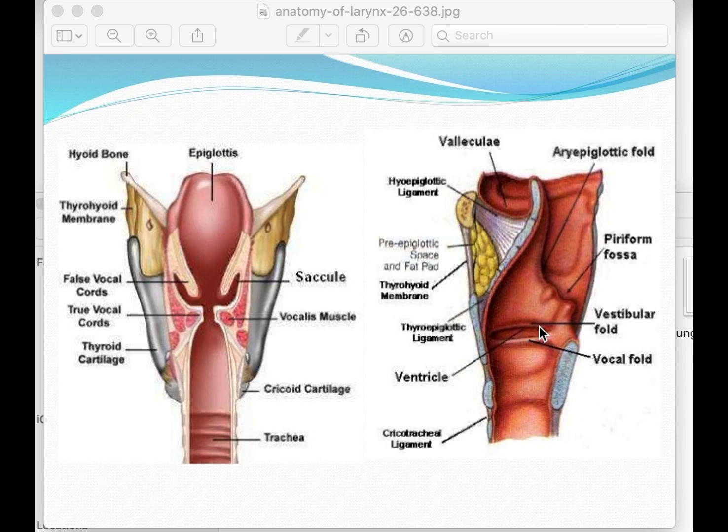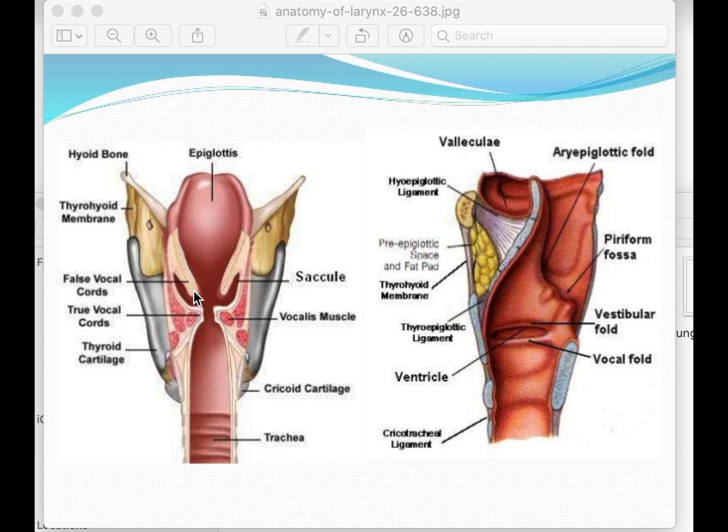So when it's covered by a membrane, it looks like this from the side. So we have this first fold coming out, which is the vestibular fold, and the fold is basically the membrane that covers those ligaments. So those ligaments get buried in the membrane. So when you're seeing the fold here, what we're referring to is the actual membrane that covers the